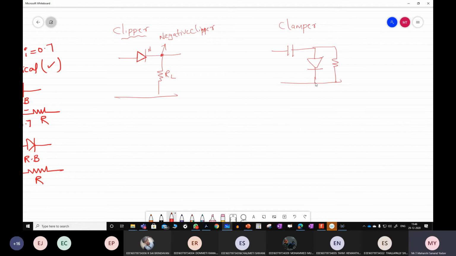How to identify? And what is the trick for this? Here we will go with the node concept directly. In clamper, what should I do? Clockwise. First, charging and discharging of the capacitor should be done. And what is the trick? Direction of the diode is very important here. P to N downwards. Downwards direction. Negative or positive clamper? Good. It is a negative clamper. Suppose if the diode is facing in upward direction, positive clamper.